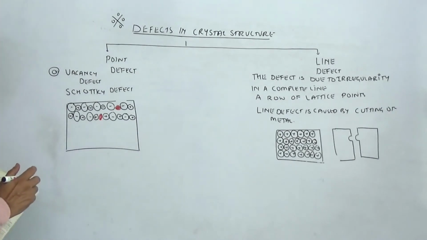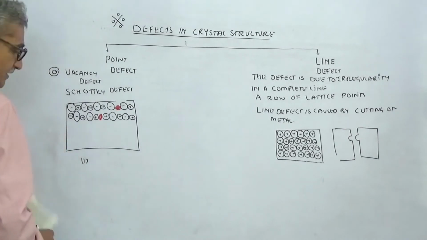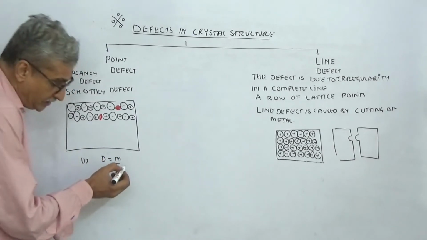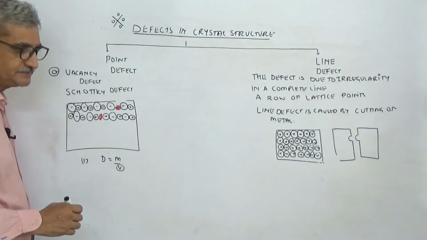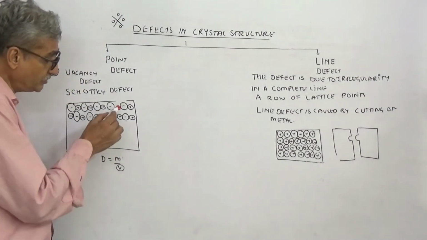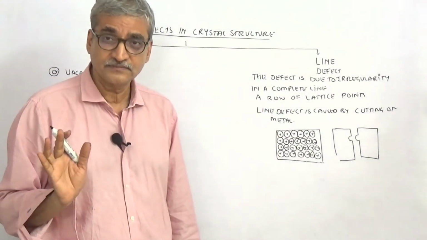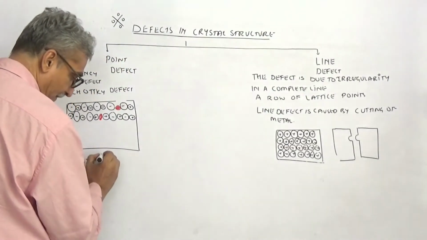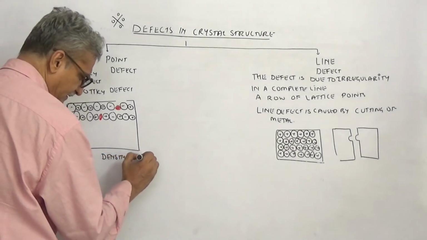Now what is going to happen? First and foremost, see what is density? Density is equal to mass upon volume. Your volume remains the same, na? Volume remains the same. If volume remains the same, mass is going to reduce. Why is the mass going to reduce? Because quite a few of equal number of cations and anions are escaping. So numerator, so density decreases. So that's the first thing. Density decreases.